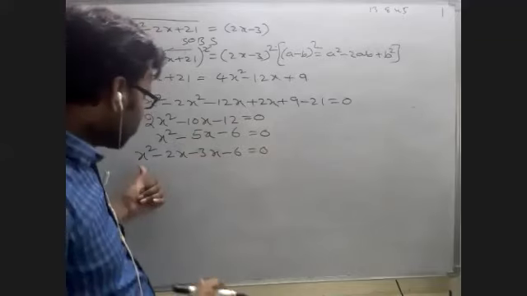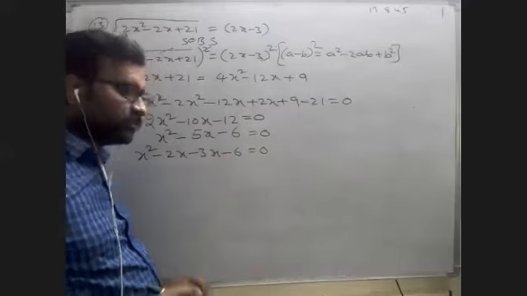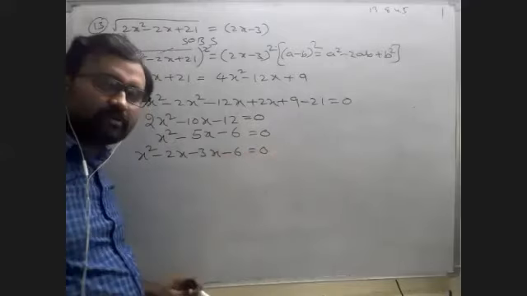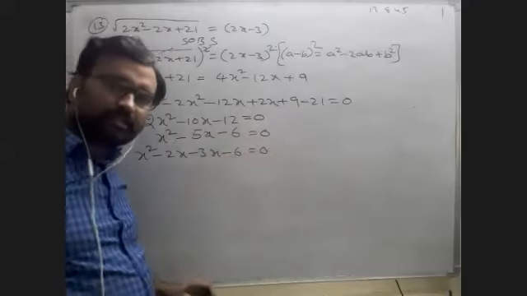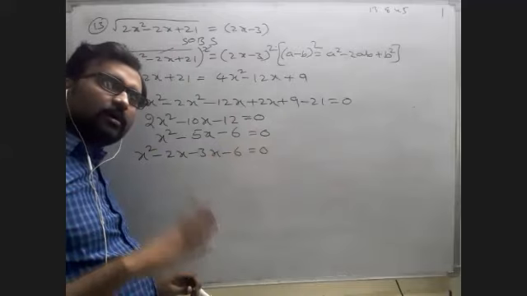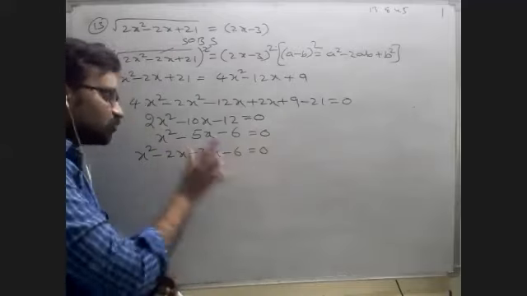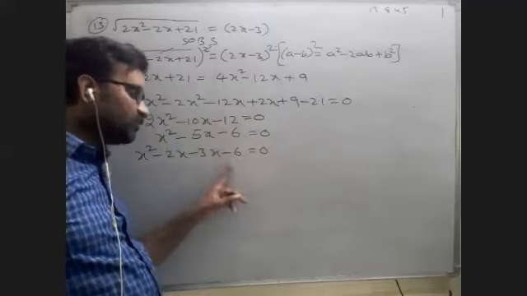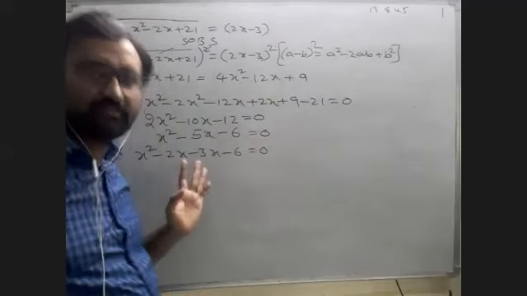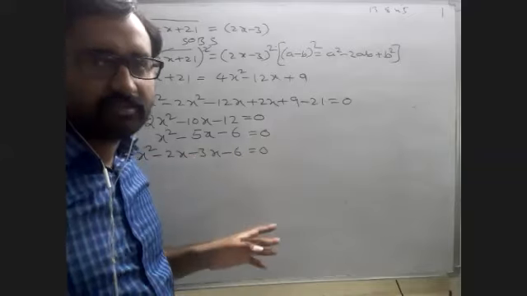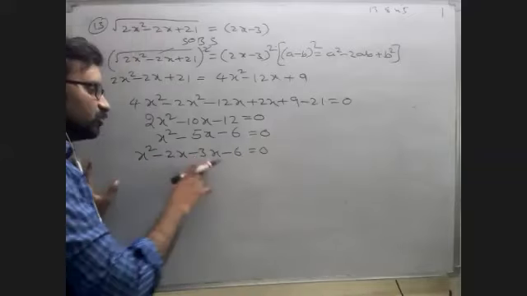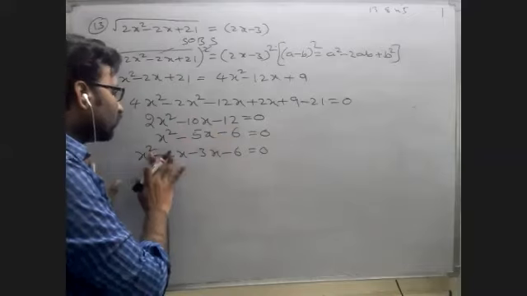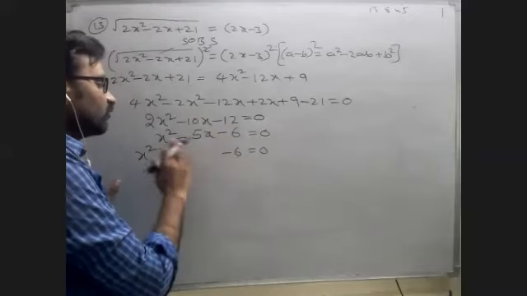Why? Because in a quadratic equation, to get factors, we should get all positives, all negatives, or half of the signs, 2 plus 2 minus, or 2 minus 2 plus. But here we have 3 minus symbols and 1 plus symbol. So you will not get the solution. So don't go through 2 threes are 6, go to one more value, that is 1 six is 6.